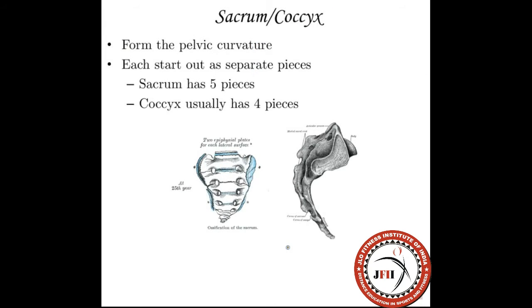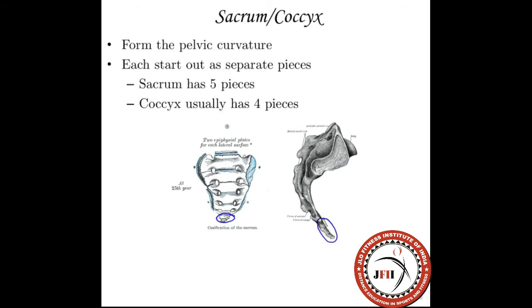And here's that pelvic curvature. The sacrum and coccyx. The coccyx is a very small portion of it. It's right here. And the rest of it is the sacrum. So right here, coccyx, the rest of it is the sacrum. The reason why I say here that the sacrum has 5 pieces and the coccyx usually has 4,